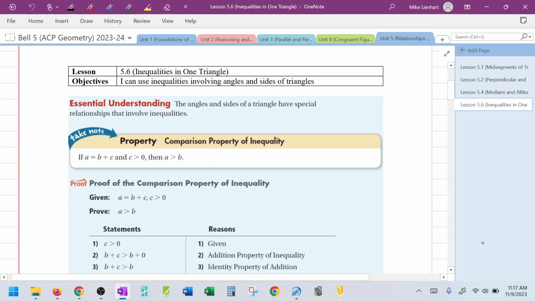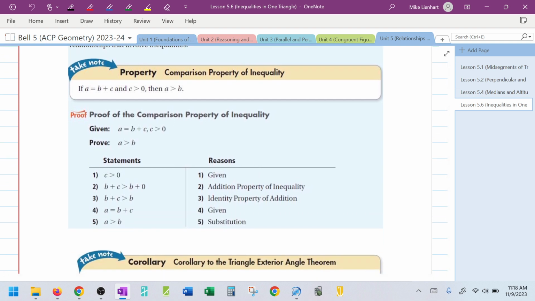This video is about inequalities in one triangle, and what we're going to try to figure out here is how we can apply inequalities into problem-solving situations, especially in triangles, where we're going to be able to organize angles and sides differently. So the first thing we want to talk about is this idea of something called the comparison property